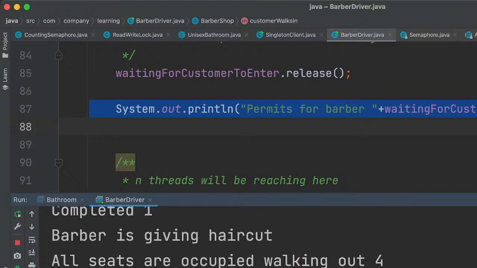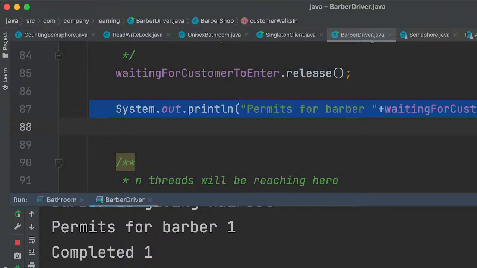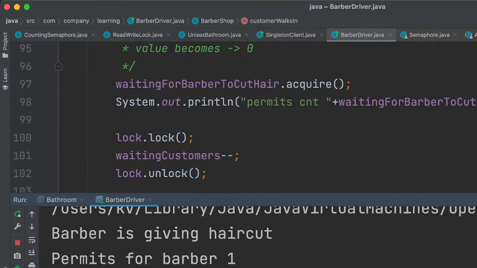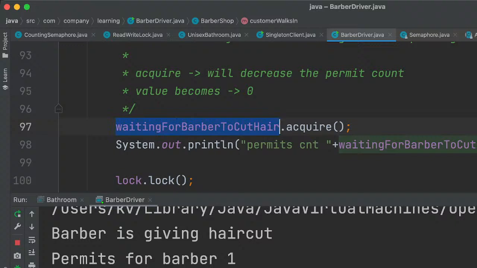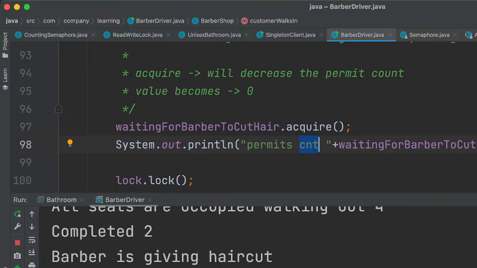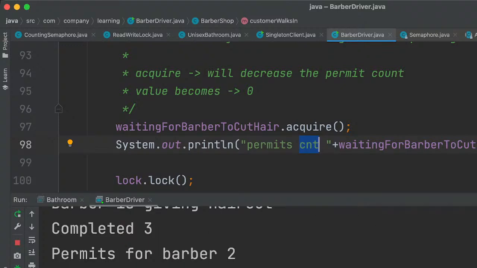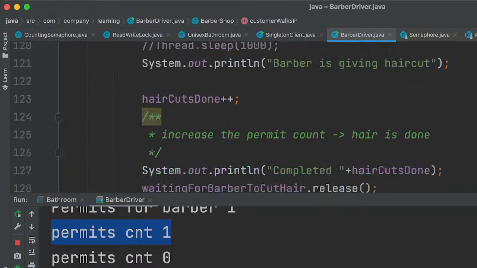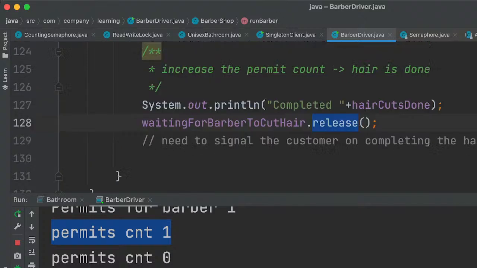Okay. Completed 1, and we haven't come to this place. Permits count. So permits for Barber. Okay. The permits count will go. What we are doing is releasing the permit, waiting for Barber to cut the hair.